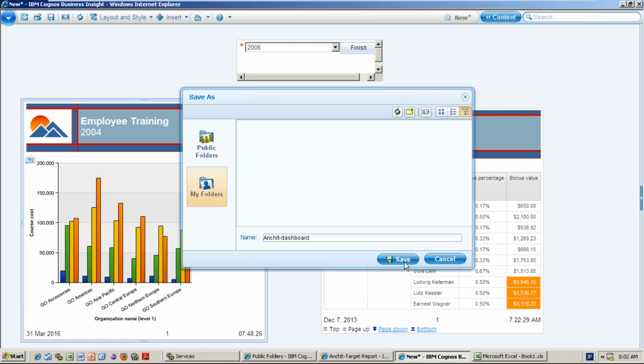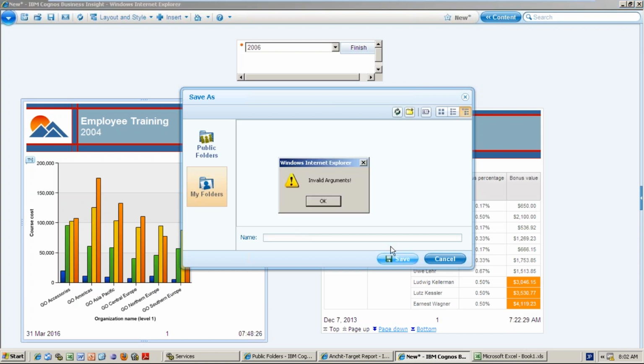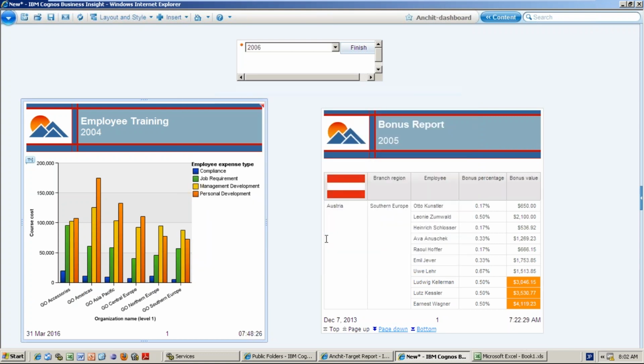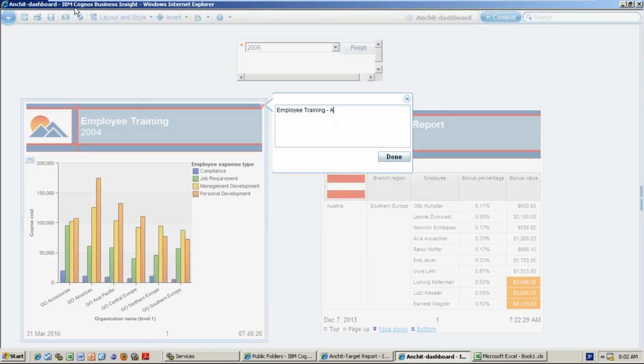So I'm saving something. Just give the proper name. It is somewhat slow. Okay.